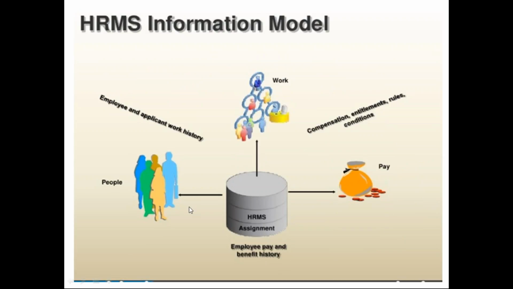Here, this is the people. The people may contain applicants, employees, or consignment workers. Applicants are not part of the organization. An employee is part of the organization; we work towards the organization and are paid by the organization. The next thing is consignment workers.